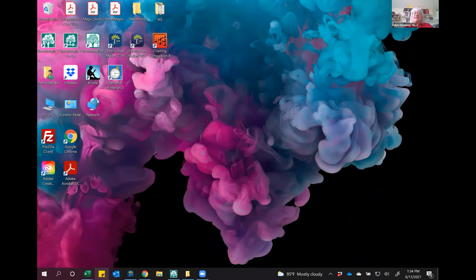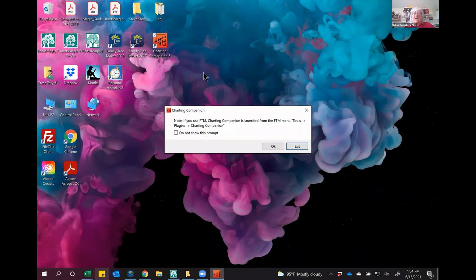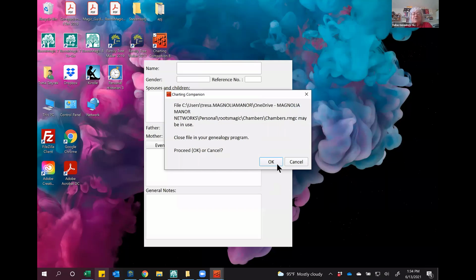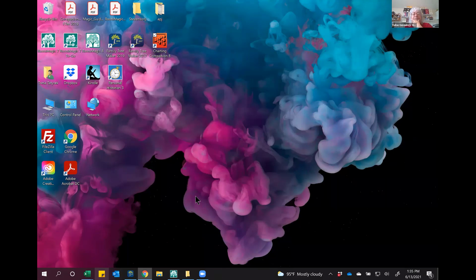And you can see from my desktop, I have Charting Companion 8 as a shortcut on here. I'm going to double click on it. And it says if I'm using Family Tree Maker, I can do it from Family Tree Maker. I don't have to do it this way. But I'm not using Family Tree Maker. I'm using RootsMagic. So it's going to open. And it's telling me which one I've already attached it to. And that's what I want to use. However,